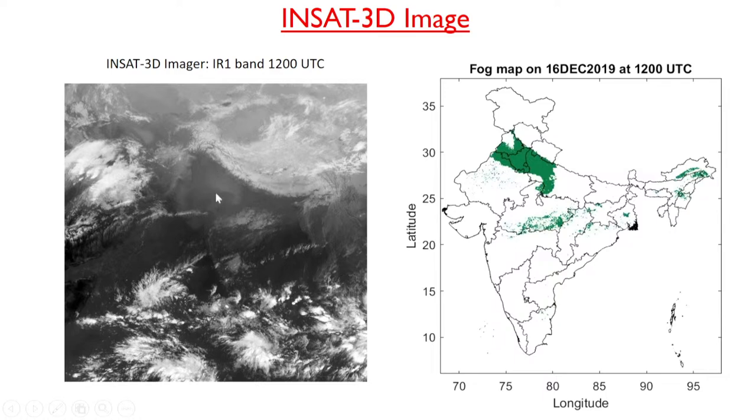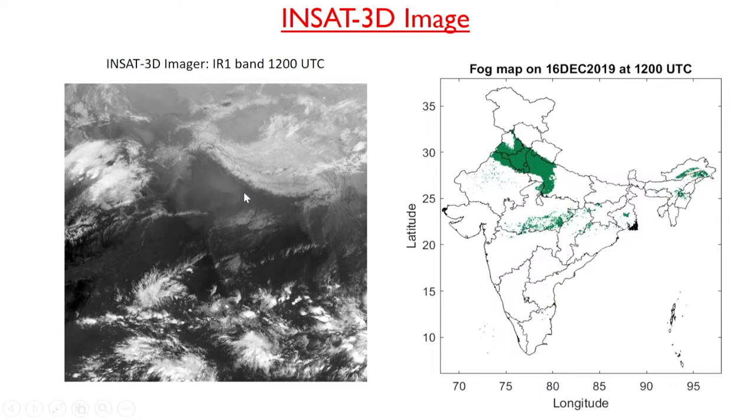These are also cloud. Now if you try to see here a very small gray patch which has a very slight difference in the shade with the land. So this is basically a fog patch. So why this slight variation? Because fog is near the surface. So fog top temperature is very similar to the land surface temperature in the thermal channel. The thermal channel is 10.5 to 12.5 micrometer. So in this channel, the temperature difference of the fog top and the surface is very small. Therefore, we are not able to visually see the fog very clearly.